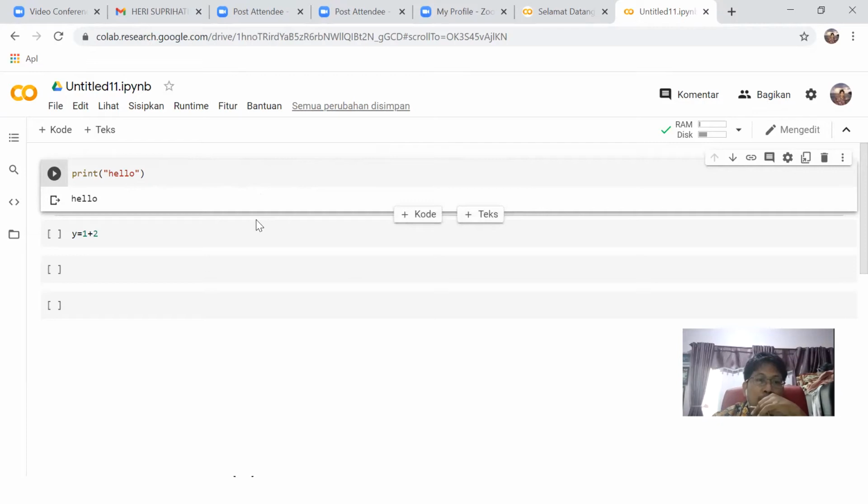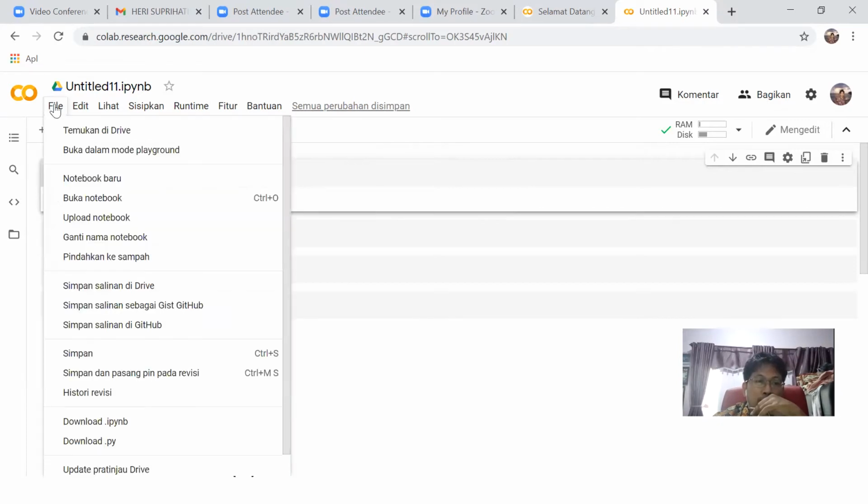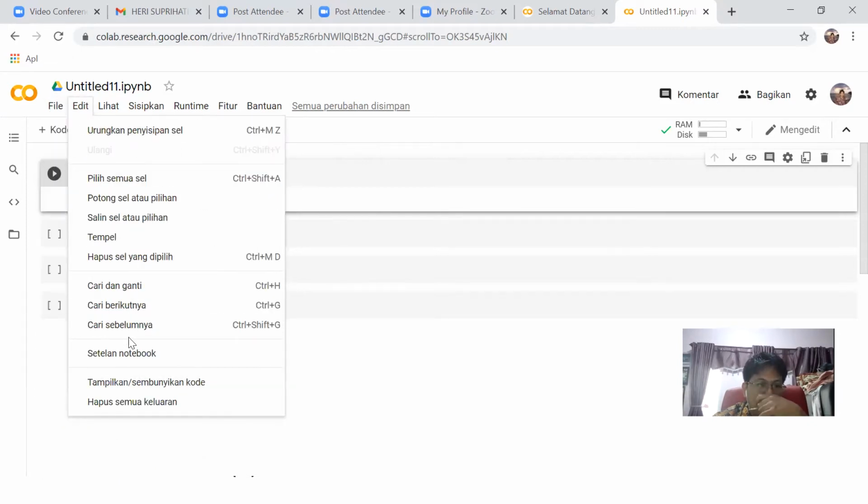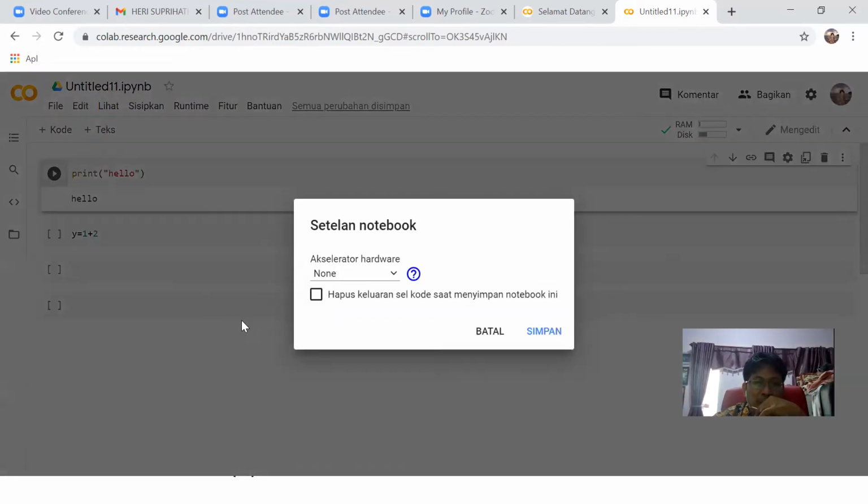If you want to see the CPU, the GPU, etc., we can use notebook settings. Actually we should use English, but it is Indonesian. Here are the GPU and tensor processing unit, the famous processors in Google.